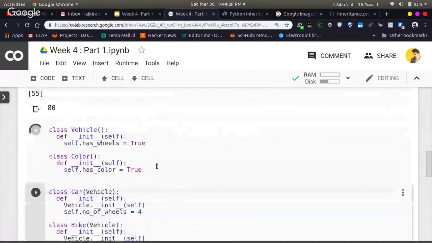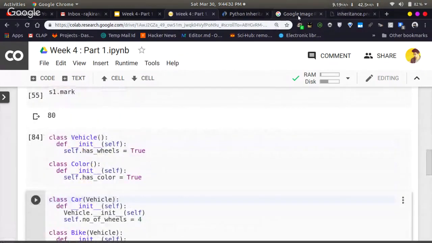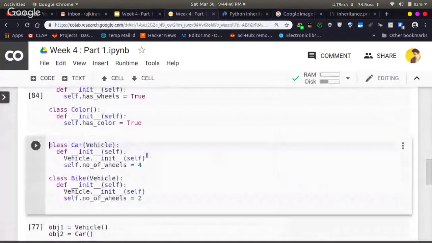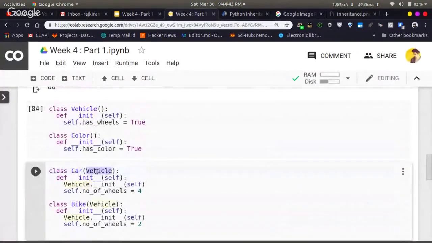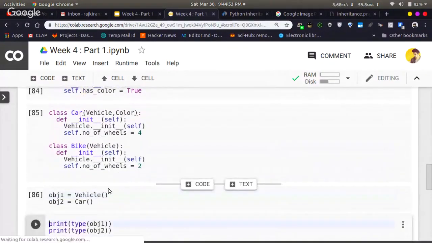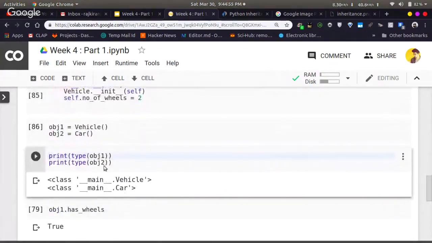So how can we do multiple inheritance? That is, the child is being created from two base classes. For that, you can pass in vehicle comma color. Now when we go and create an object, you can actually see that